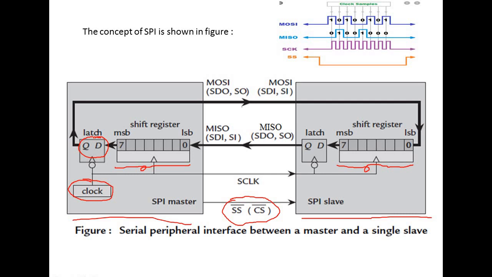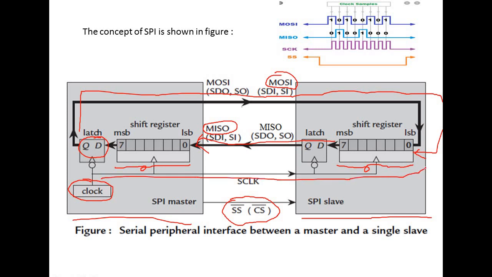During transmission from master to slave, the data in the master shift register is shifted out to the MOSI pin, master out slave in pin, and it enters the slave shift register through this pin only, MOSI pin. And at the same time, the shifted out data bit from the slave shift register enters the master shift register with the help of the MISO line, master in slave out line. In this way, the shift registers of master and slave devices form a central buffer. It forms a loop.